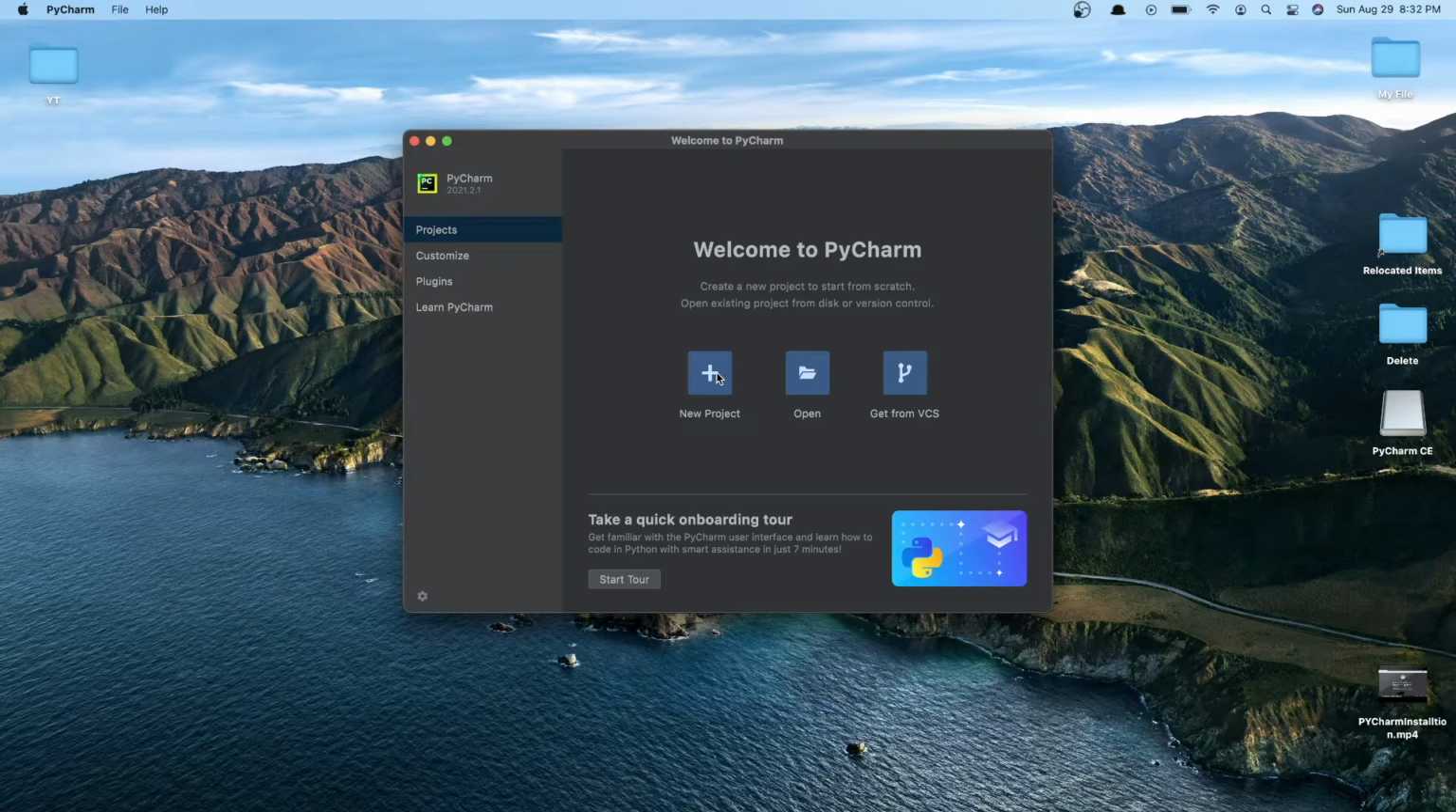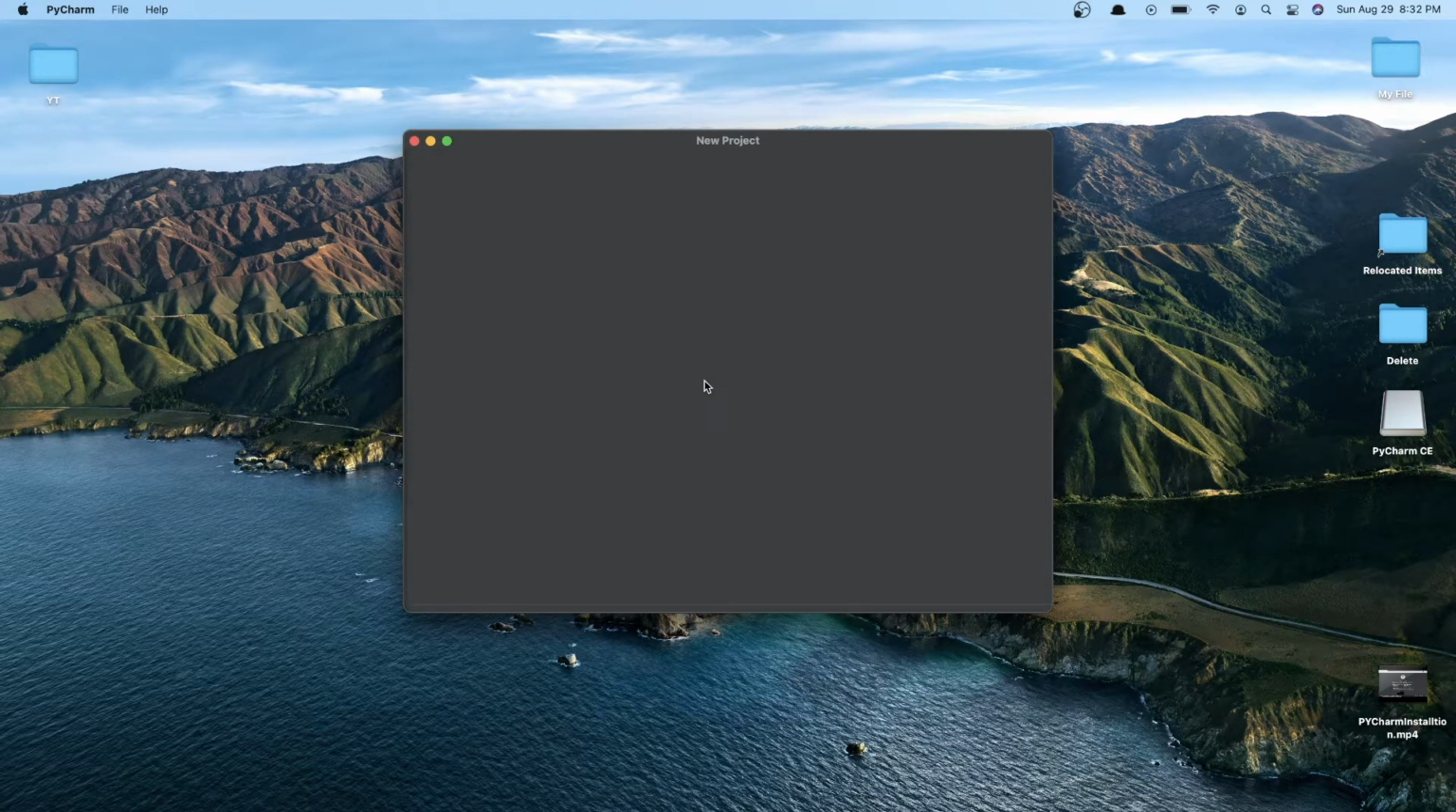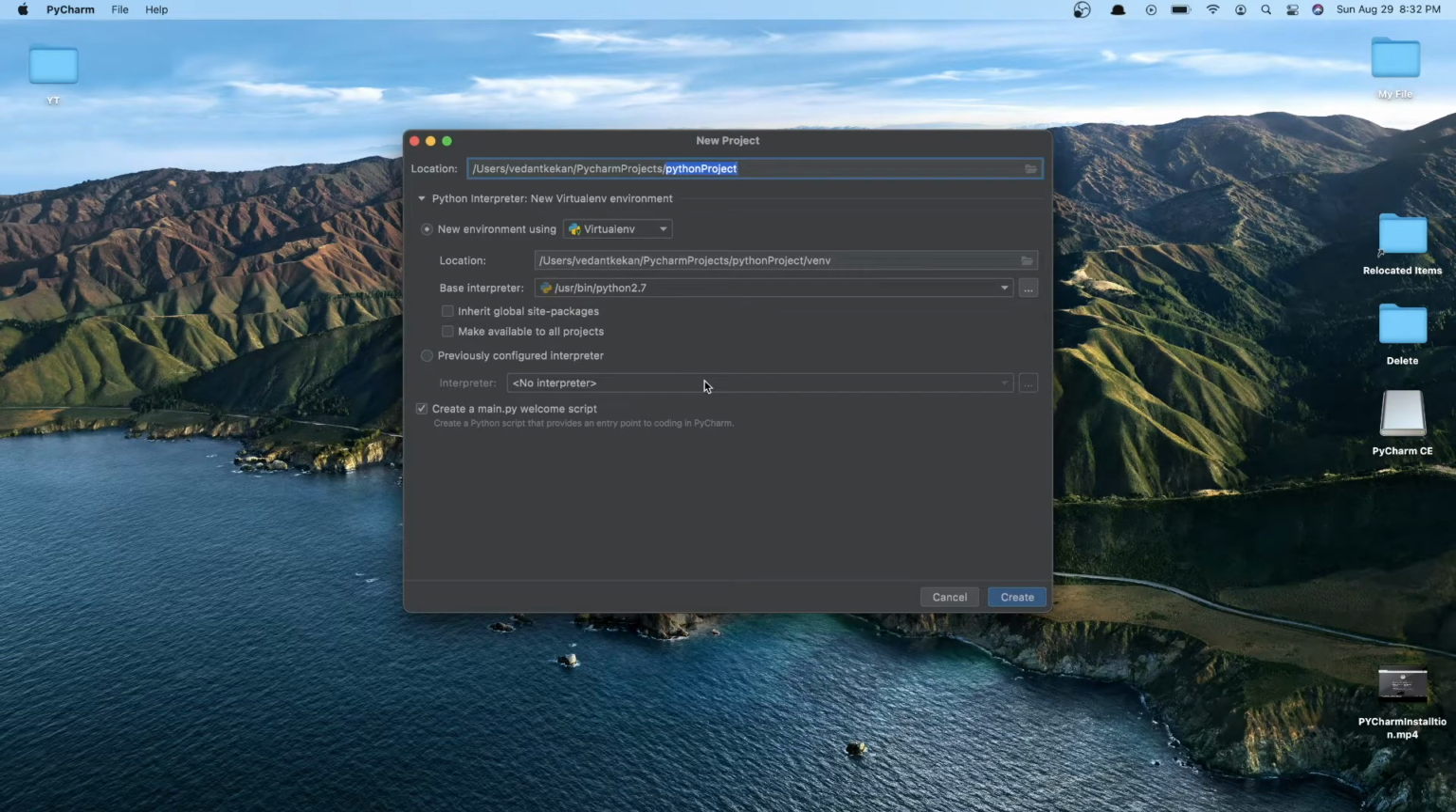Let's see one simple hello world program, our first Python program. So just click on New Project. On New Project there are multiple options which are quite easy to understand: the location of your project, the environment which you want to use. Let's keep it default, and the base interpreter will select or detect automatically the Python which is installed on